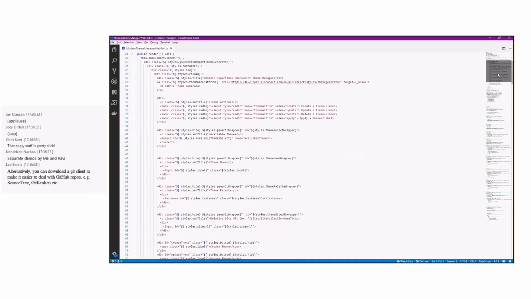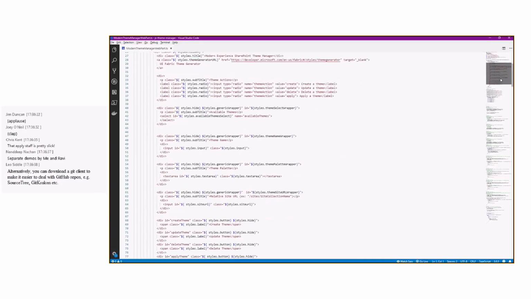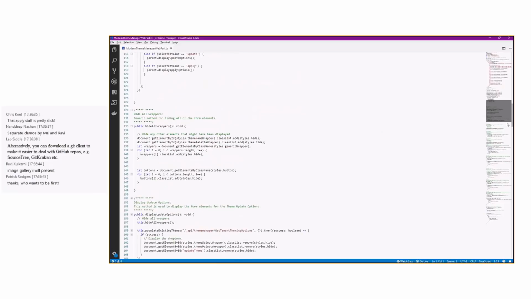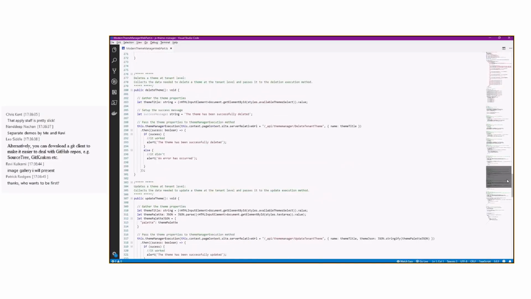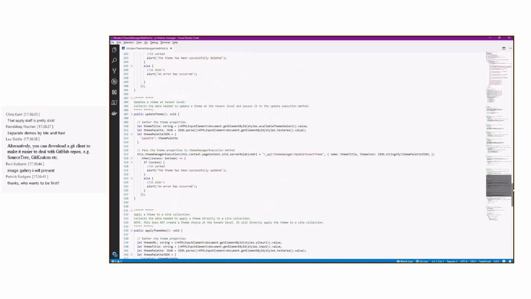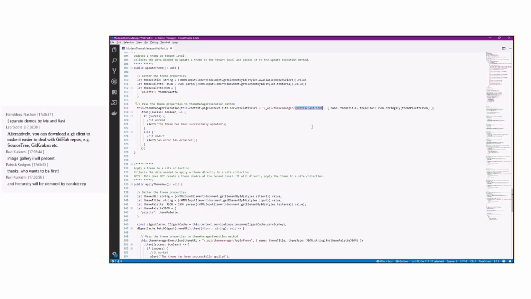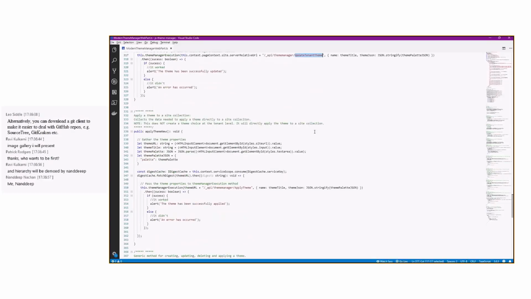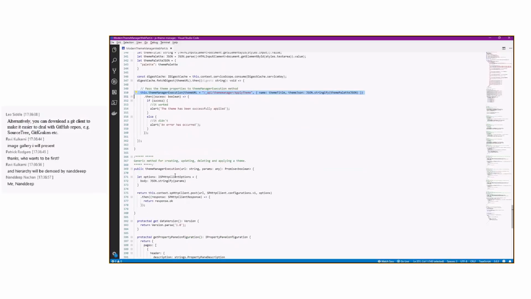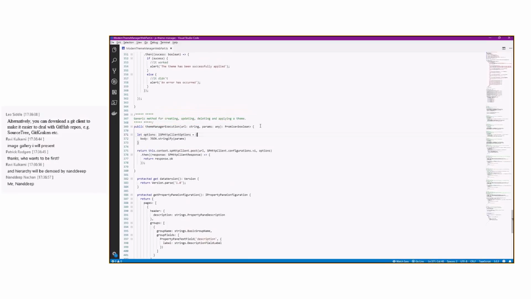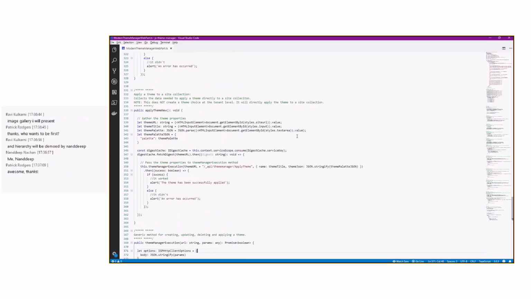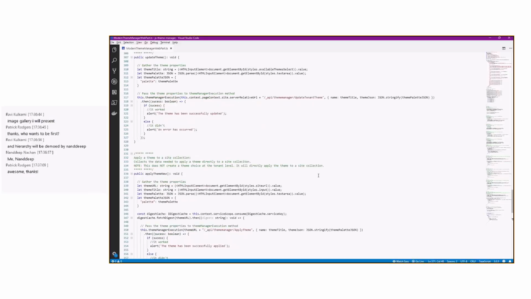It is pretty simple. It's based on an out-of-the-box web part, as you kind of saw from the design. It just creates the HTML, and then there's a collection of methods that are all individually done that allow you to delete, update. So if you wanted to take out any one of the abilities, for example, here's the update tenant theme, and here's the apply tenant theme. So they're all based on a somewhat modular theme manager execution function. So again, I tried to make this very simple. You can make it more robust, but for learning purposes, I tried to keep it as simple as possible using the REST API. And that's it.